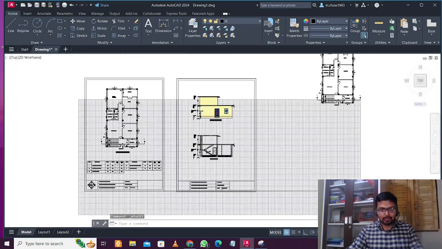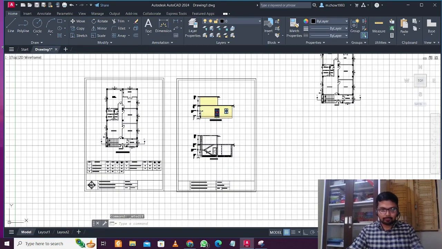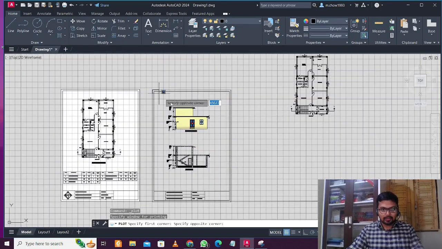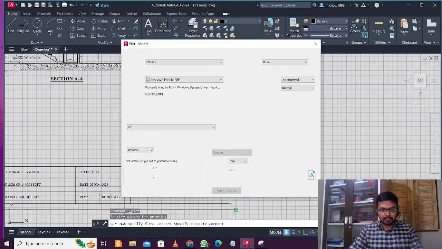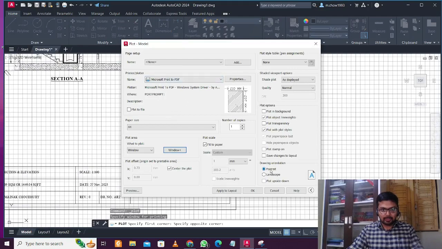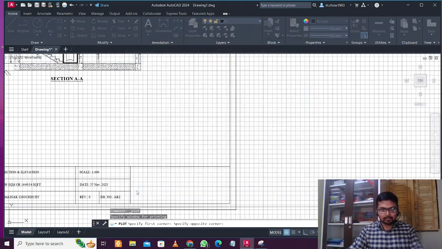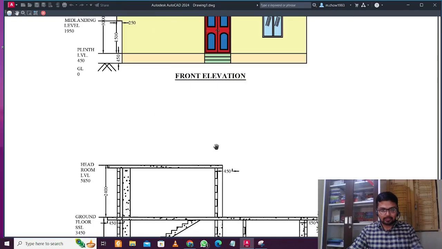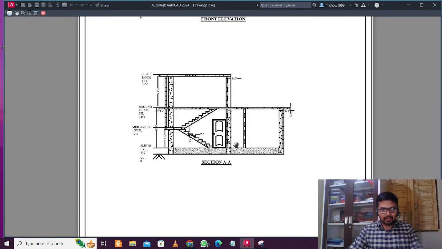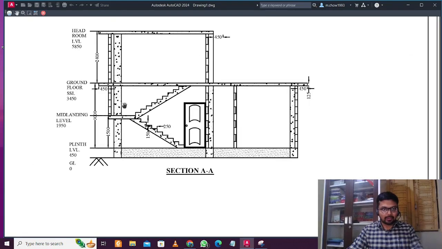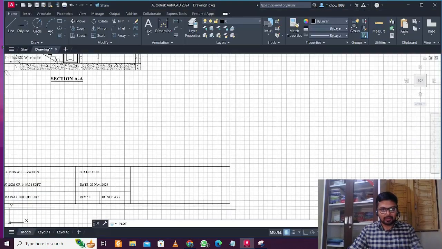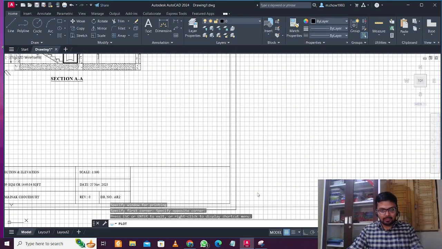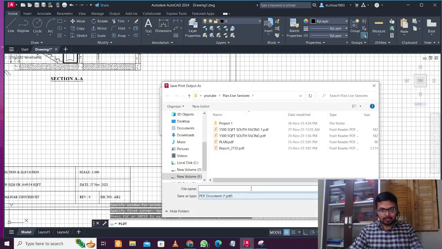First sheet you saw. So Ctrl+P, and then in the window we'll take Microsoft Print to PDF, portrait, preview. So let's see if there are any mistakes visible. Okay, initially it looks good, the drawing looks good, everything, dimensions and all, looks clear. So we'll just apply it to layout and then click on OK, and then we'll just print here